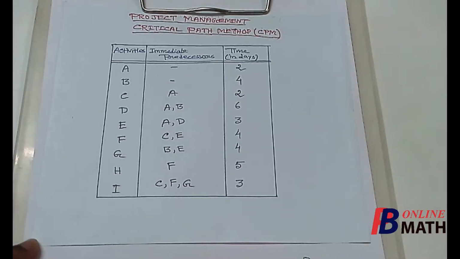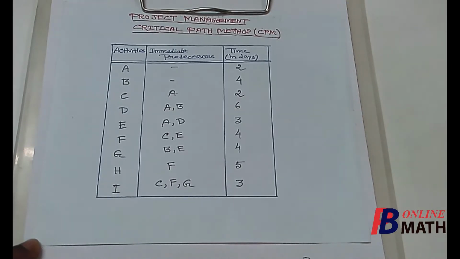To complete the project, we have to perform all the activities. Now if we perform the activities one after another, then the total time required to complete all the activities is equal to 33 days, which can be found by adding all the times. So if we perform the activities one after another, the total time required to complete the project is 33 days, which is not the minimum, because there are some activities which can be performed simultaneously, and we have to arrange the activities in such a manner that the total time required to complete the project becomes minimum.